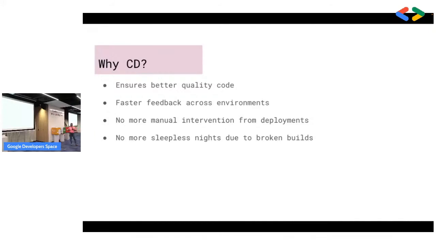It gives you faster feedback across environments. So if something doesn't work, you know as soon as it hits your first environment, saying, oh, wait, that's not how this was supposed to function. And you have the ability to fix your mistakes faster rather than waiting until something reaches, I don't know, your staging or UAT or even your production, then realizing, oh, wait, it doesn't work. Which again is super